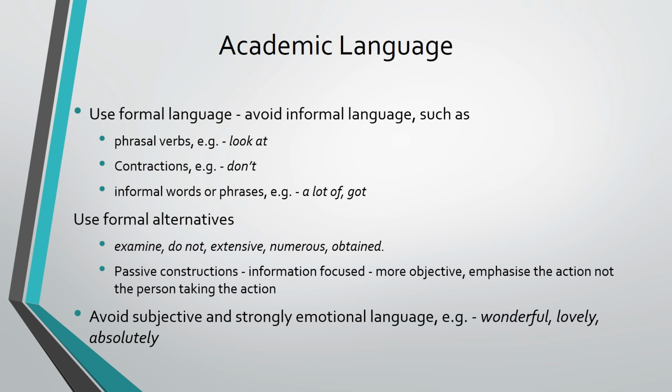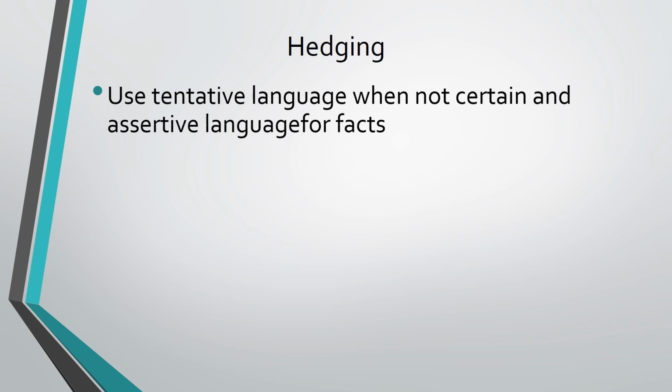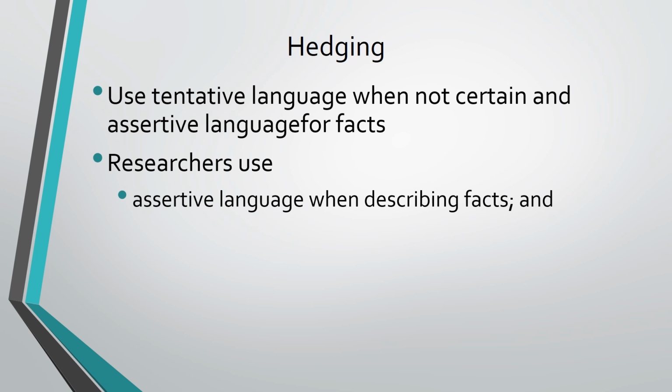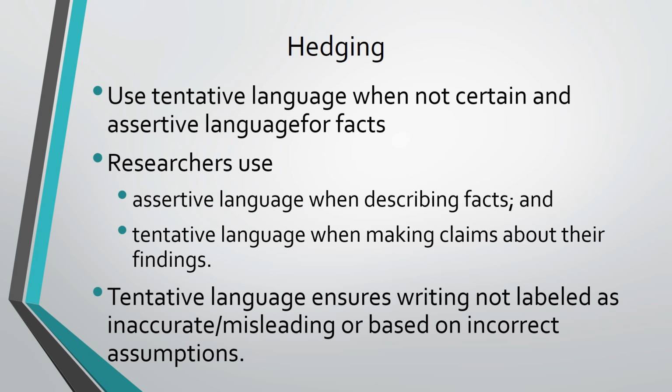The second feature is hedging. Hedging means using tentative language for things you are not certain about. The opposite of tentative language is assertive language. Researchers use assertive language when describing facts, but use tentative language when making claims about their findings. The reason for using tentative language is that it ensures your writing will not be labelled as inaccurate or based